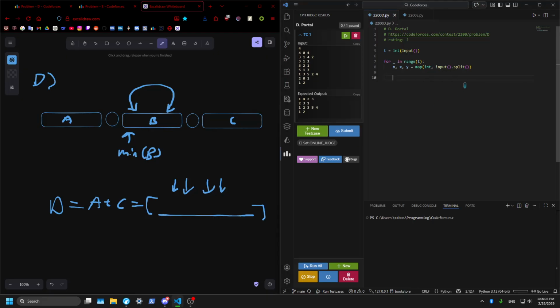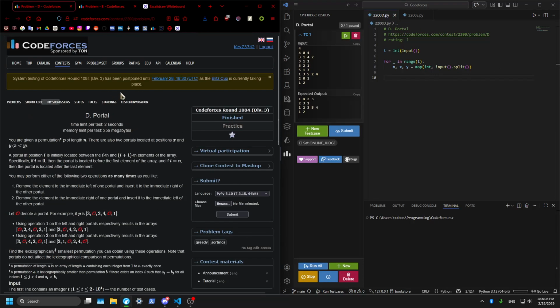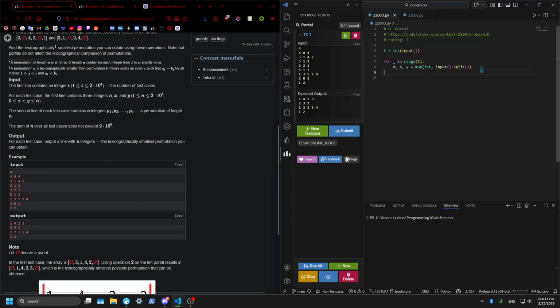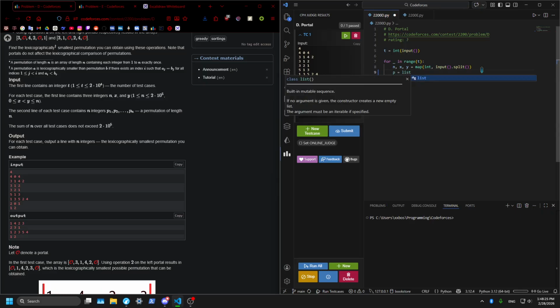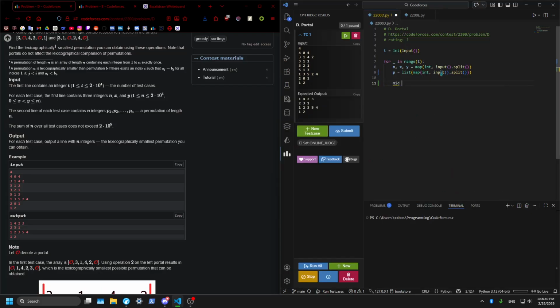So, let me just double check. D should be this question. We take in A, well, we call it P, so we're going to use that. List map int input split. And then our B array, let's call this just mid, make it a little more descriptive, is P from